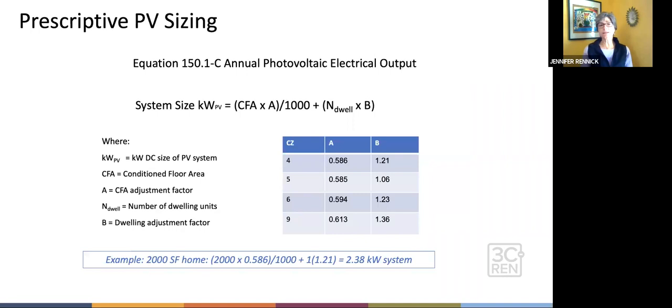And architects, this is for you, to give you an idea of what that prescriptive requirement is. You can show your PV's performance through your time-dependent valuation, but you can also do it prescriptively. And if you were to do it prescriptively, to get an idea of how much space you need, you would use this formula that takes into account certain factors based on climate zones. So the CZ column on the left is your climate zone. So let's say we're going to take a look at climate zone 4 in Atascadero, where I am,